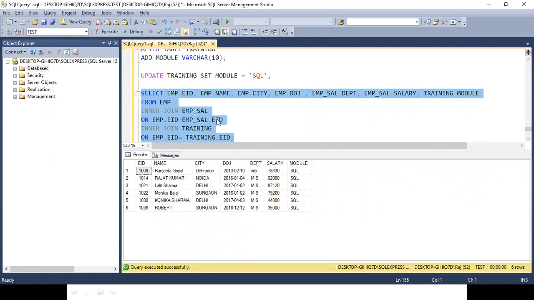So let's go step by step. First you join the two tables. Then when this is done, you join the third table. Now in case I have any fourth table and I need the data from there as well, again I can put a join and use that as well. I hope this is clear now.